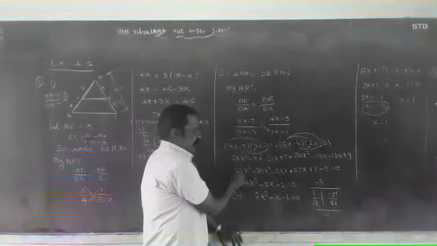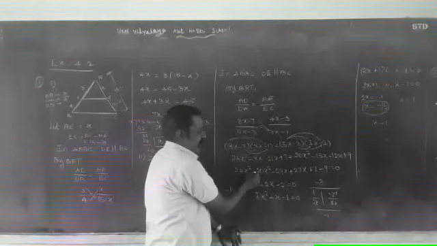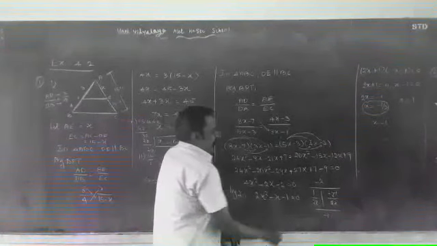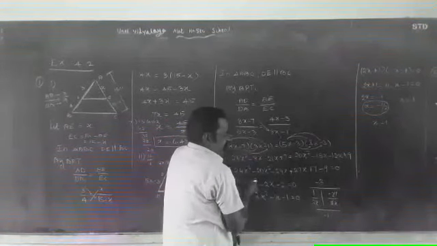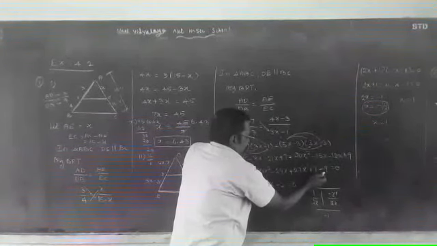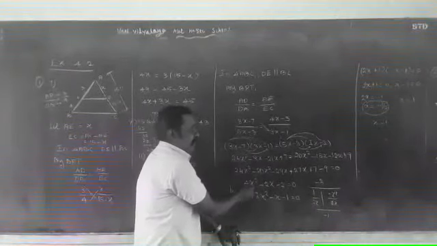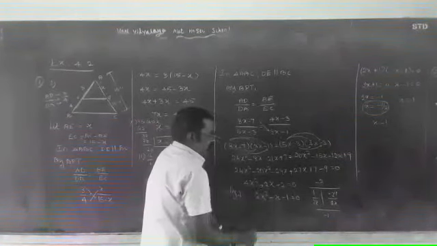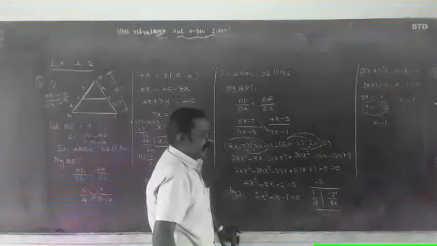So 24x square plus 20 comes to the left hand side as minus 20x square, minus 8 minus 21 is minus 29x, minus 15 minus 12 is minus 27 comes to the left hand side as plus 27x, plus 7 plus 9 comes to the left hand side as minus 9, equals 0. So 24 minus 20 equals 4x square. Minus 29 plus 27 equals minus 2x. Plus 7 minus 9 equals minus 2, equals 0.